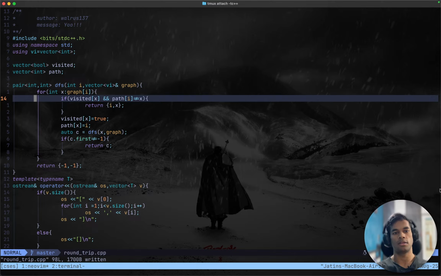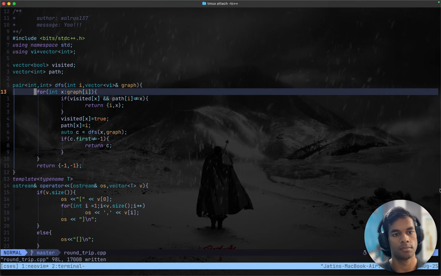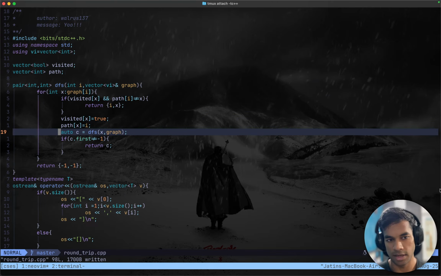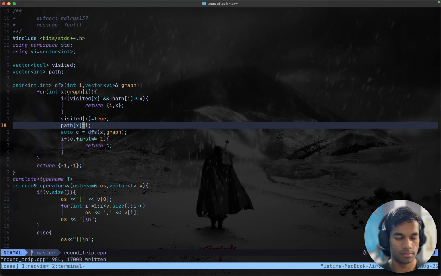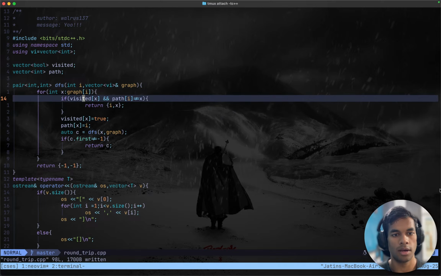Path I. I is the thing that DFS is being called with. And path I isn't equal to X. Yes, that is correct. Path I isn't equal to X. Return I, comma, X, and otherwise